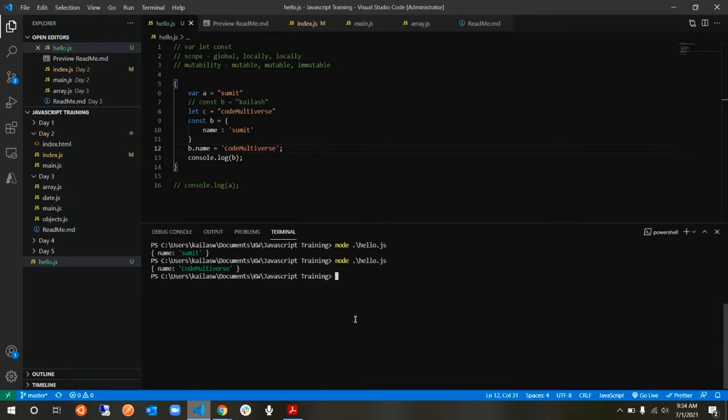But according to our previous example, it was not supposed to change. Correct? You declared something as a const. It was not supposed to change. But suddenly we see a difference in what we learnt. So let's go ahead and see if we can change it entirely like this. Let's try to do this. Can you spot the difference between line number 12 and 13, 14, 15?